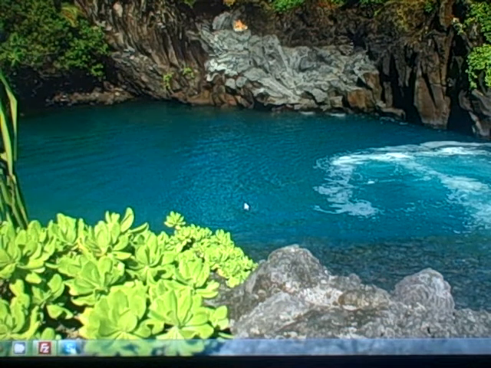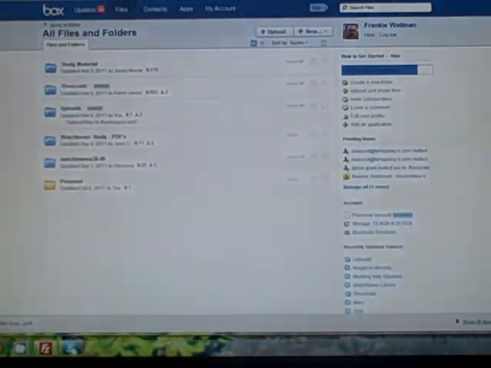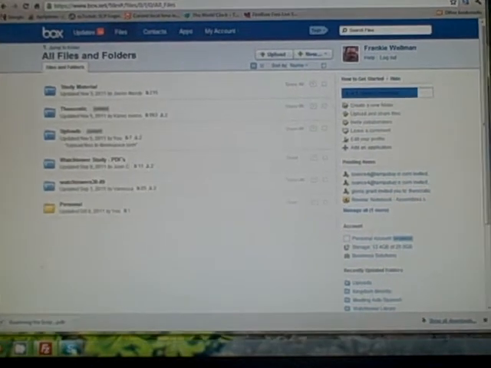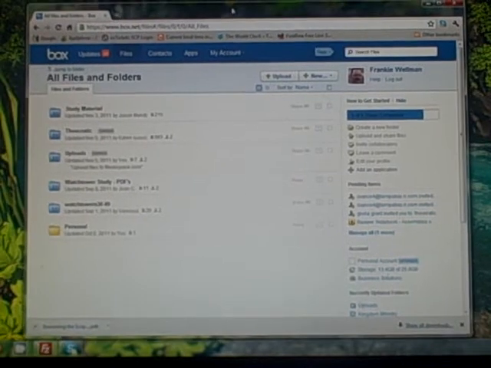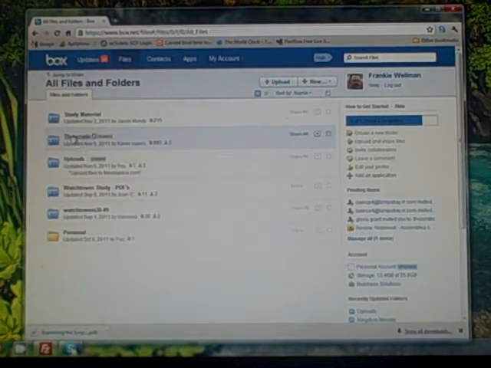So the first thing we're going to do is on our computer, we're going to visit box.net. So, you'll have to go to www.box.net and sign in with your username and password. And once you get signed in, you'll have a theocratic folder. So you'll click on theocratic,